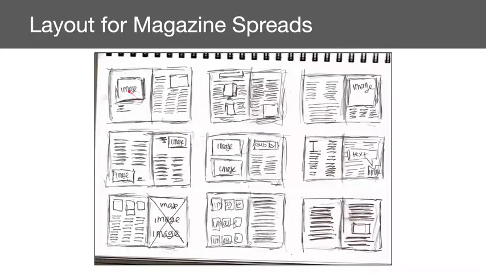So we always start at the upper left corner and go from one spread to the next spread, to the next spread, and to the next spread. And you can see there's a little bit of diversity from going from this page and flipping the page to this one here, where it goes from image heavy to text heavy, and then from text heavy to image heavy. So you can also visually see how everything's going to be put together on a sketch, as opposed to doing it in InDesign. You don't see it as fluidly between one and the next, and then when you see it as a sketch,